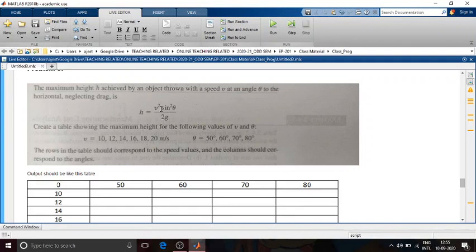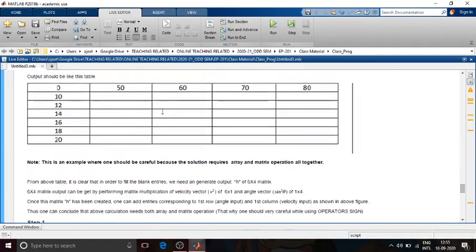So there are two operations. One is the array operation, which is applicable on v square and sine square theta. When you take the multiplication of this v square and sine square theta, that should be a matrix operation. So you have to be very careful about these things. Just to explain the same thing again,